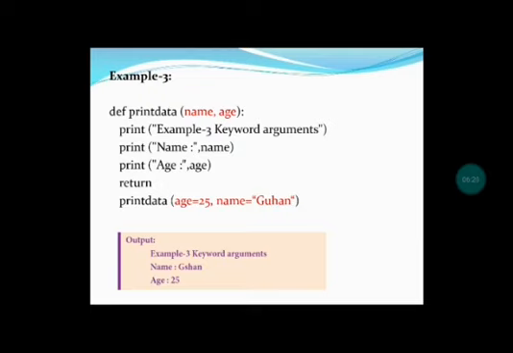For example, result analysis. That is, if you want to print the mark statement of a particular student, for that purpose, we can give name, class, roll number, Tamil, English, physics, chemistry, maths, computer, total, average, everything we can give. So more than 5 arguments we are passing, nearly 10 we are passing also. We can print all the details and we can pass all the data to the parameter as an argument. So we can also print that one.